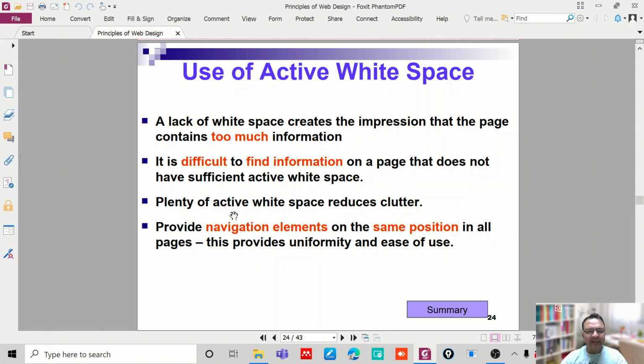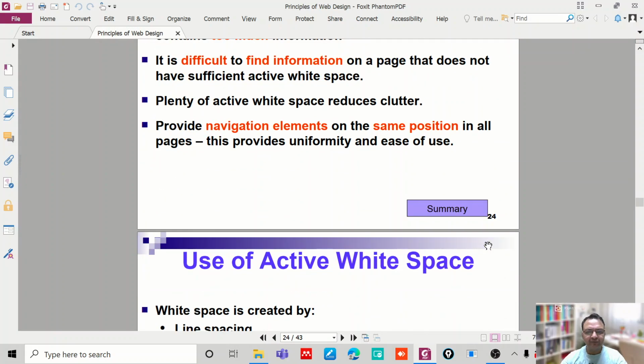And if you use plenty of active white spaces, it will reduce the clutter in your web page. It provides navigation elements in the same position in all the web pages, which means it provides better uniformity and ease of use.